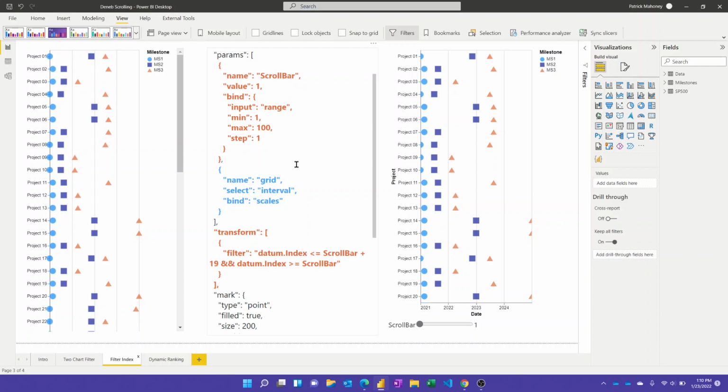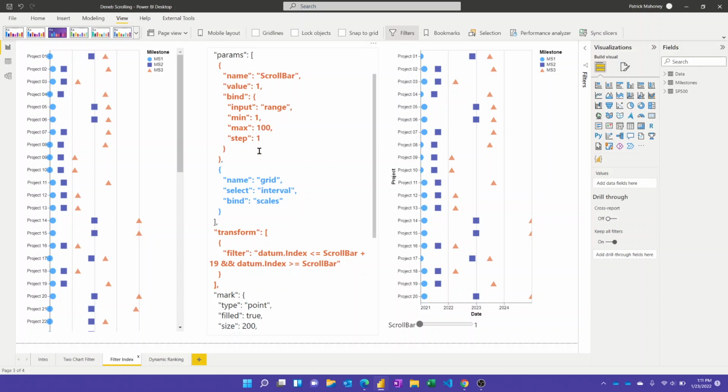But if you use these features here as well, the 2 great things about Vega Lite is you can pass in and have these input parameters that your consumers can actually use as well to make decisions, and then you can use the values from these inside your visual in lots of different ways. And so I'll show you one way that helped with the scrolling effect today. If you look at just the orange text here, I added this part just to create this scroll bar that goes from 1 to 100,